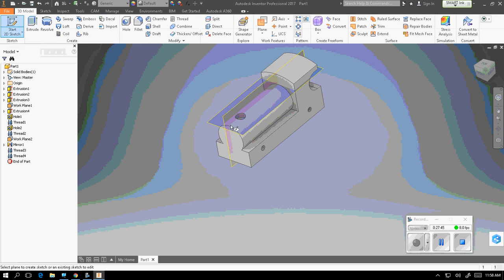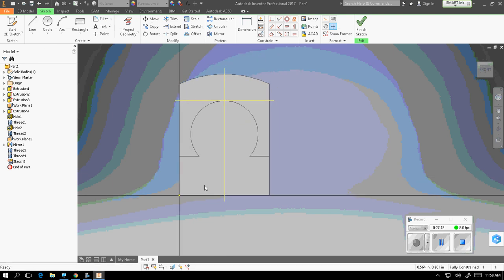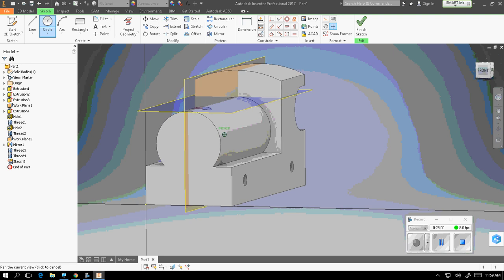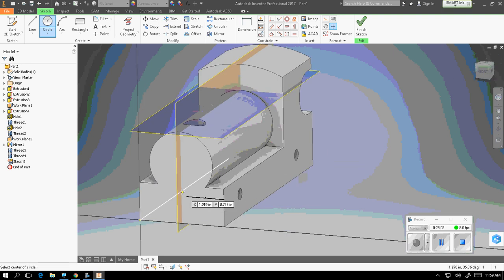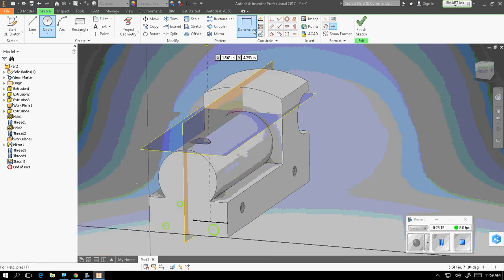Let's create a sketch on this face. Okay, and let's go grab 3 little circles. Let's put 1. I hate it when those lines come up. When those lines come up, it is trying to snap these 2 lines. So let's just put that there. You don't want to snap them to any lines. Make sure that they're kind of out there in the middle of nowhere so we can give them their diameters